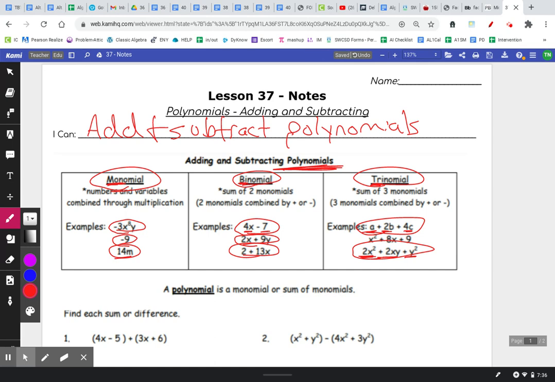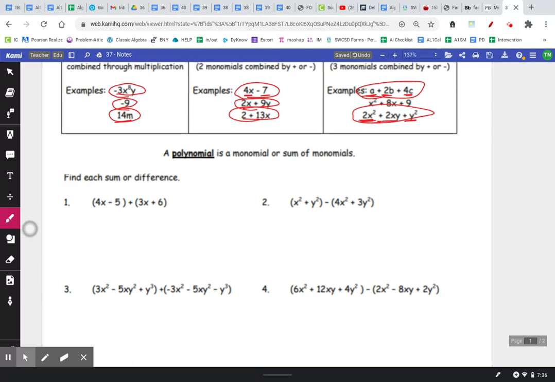Okay, what we want to be able to do today is add and subtract some of these polynomials. And like I said, if you can add and subtract, then you can add and subtract polynomials. Okay, all right, get off here. Come on now. There we go. Okay, so what we need to do, we're going to look at this first example,